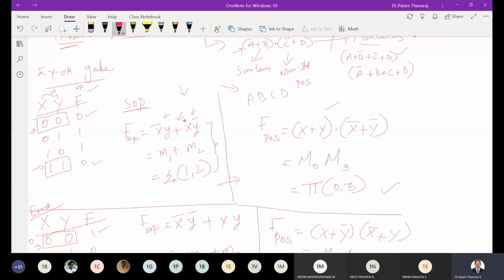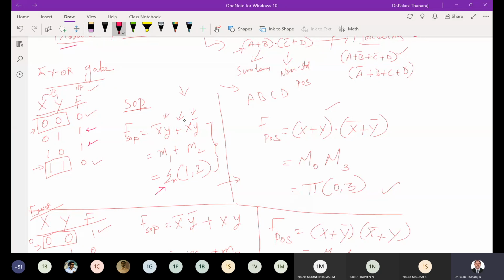Let me recap what you have to do for SOP. For SOP, you have to see the output for which the output is 1. Accordingly you have to select the input combinations and write them as product terms, and you combine with plus sign. That is SOP. You can see how we have written x bar y plus x y bar. Each term is a min term, because now it is having all the variables, right? We are having only two, x and y, so we are having all the variables, so it is a min term form. Min term we have to write with a small m with subscript of the decimal value. For decimal values, you have to see the combination of the input variables 0, 1 or 1, 0, likewise. So you can write in this manner also.